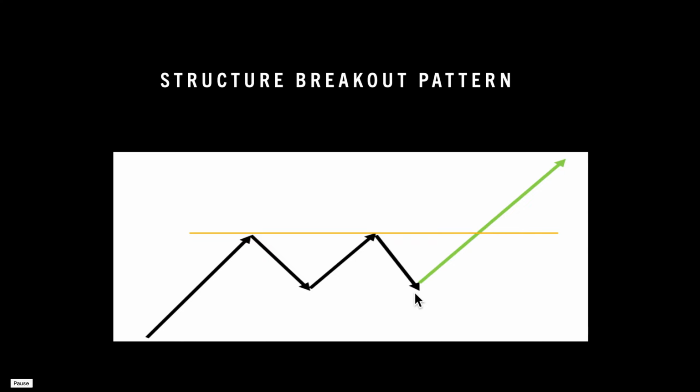If you look at the image, you can see that price is coming to a level of structure, which was resisted, with the prediction that price will decrease lower, but it does not. What happens is that price breaks and closes above the previous resistance point and continues to go in a bullish